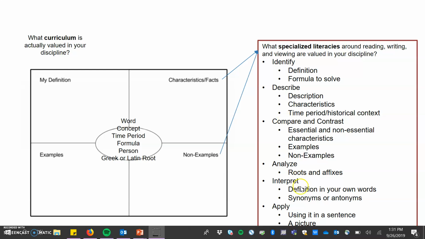If you're in English, then having students be able to identify roots, affixes, or prefixes, or their Latin meanings would be more important than, for example, being able to give non-examples. So no matter what the strategy is that you are given, we never automatically adopt it.